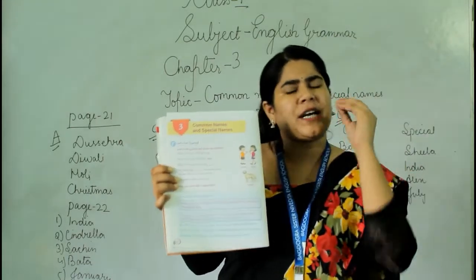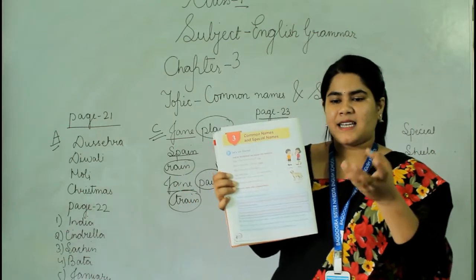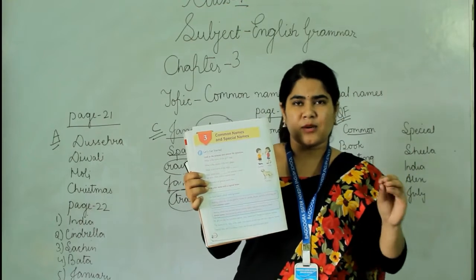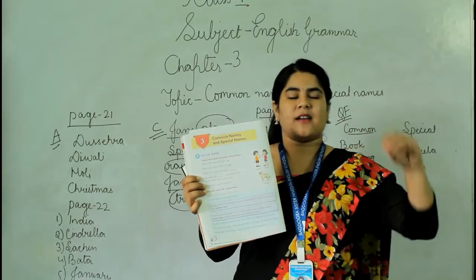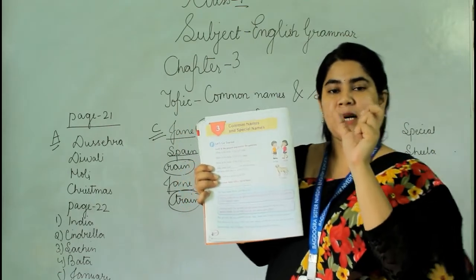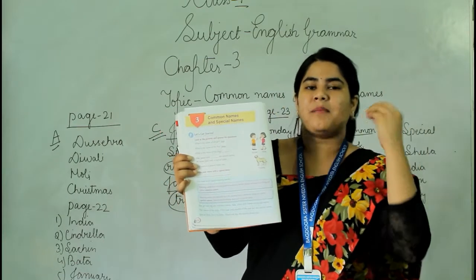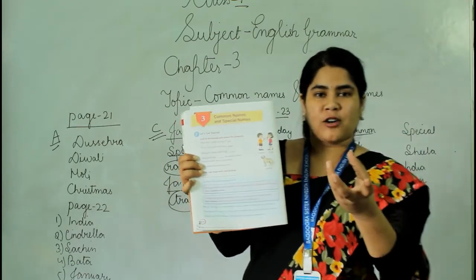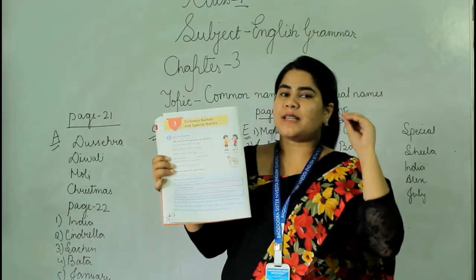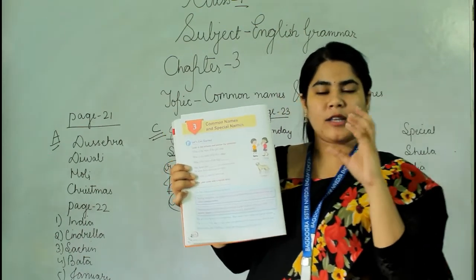Common names are the general names that we say, like mother, father, table, desk, these all are general. Pets, animals. Suppose mother, you have a mother and all of us, I also have a mother, so that word mother is general, we say it for each and every woman who is a mother. Like father also, you also have a father, I also have a father, so that father is also a general name. It is very general, common, so they all are called common names.